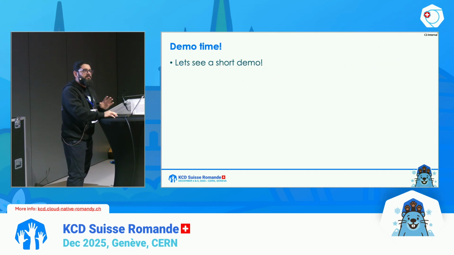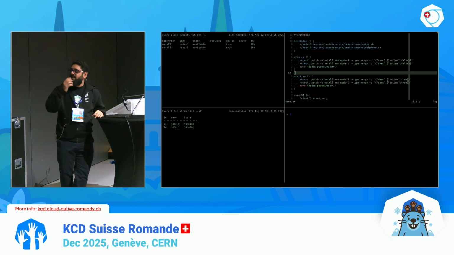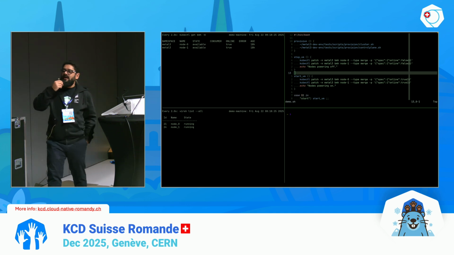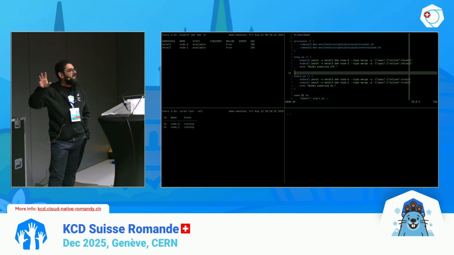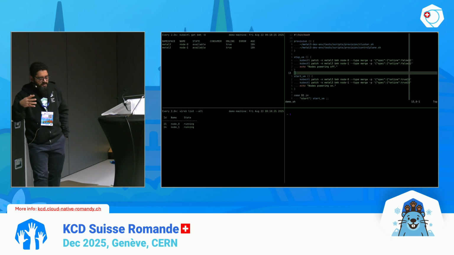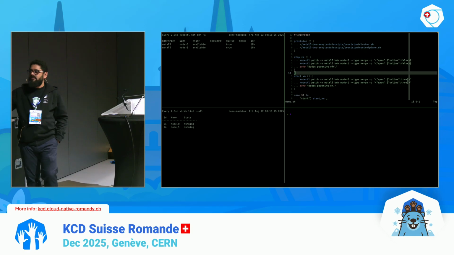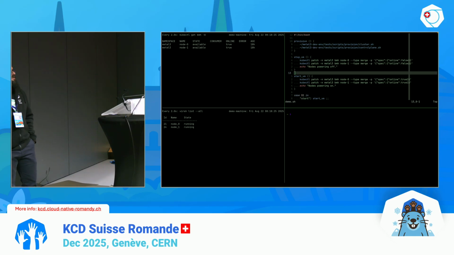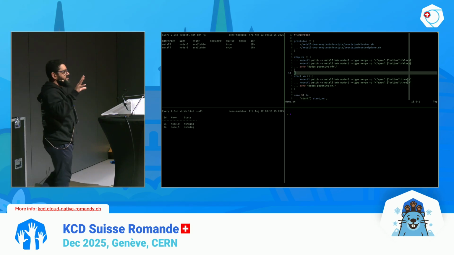I have a very simple demo, just to show what Metal3 is doing. It's not as fancy as Casper's demo from the previous talk, but I had just pre-recorded it. So on the screen, what you are seeing is how we are managing this in our CI, for example. Of course, because we are doing this in the Metal3 CI, it's not really a bare metal server, but we have virtual machines which we treat as the bare metal servers.